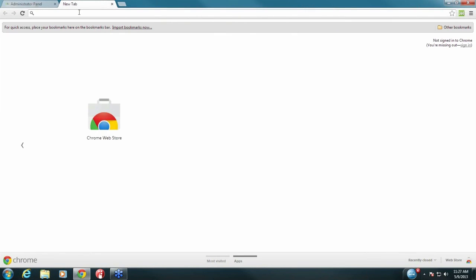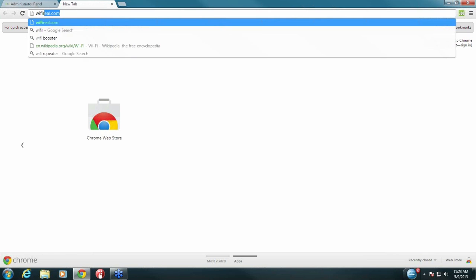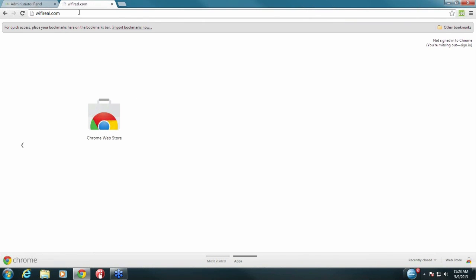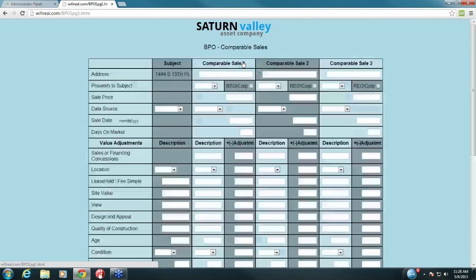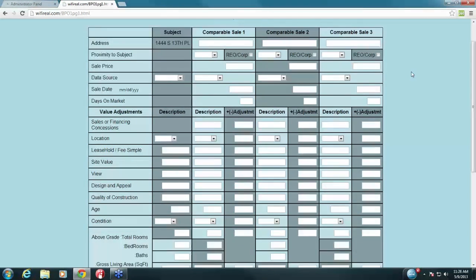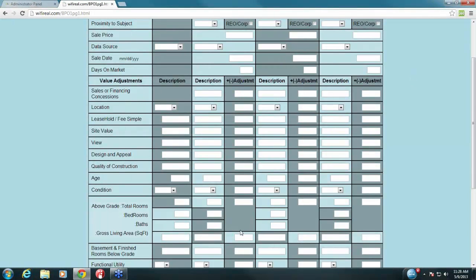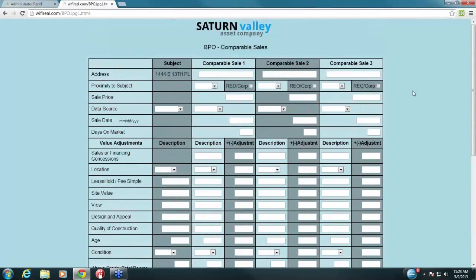We'll go to our client's site, whether that's Altisource, Old Republic, any of your client's sites. You go directly to their site, sign in as you normally would, and open their BPO form. When you open their BPO form, navigate to the portion where you would enter comp information, but instead of typing that information, we'll use the information that we've imported into Realty Pilot's system, which we can get to by clicking that